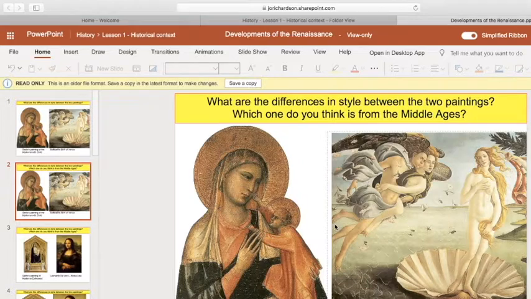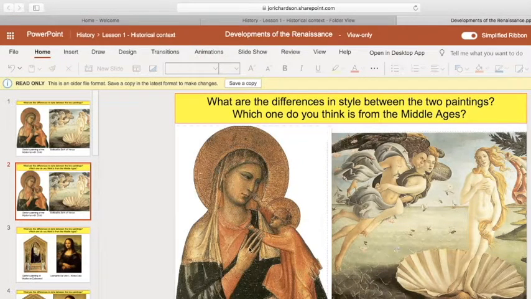Just some context about the ancient world. The ancient world under the Romans and the Greeks obviously had their own kind of myths and gods. Over here we have Botticelli's painting, the Birth of Venus. Venus is the goddess of love and fertility in the Roman Empire, and it would be Aphrodite for the Greeks. So obviously we can identify this as a Renaissance painting, and you should be able to see.